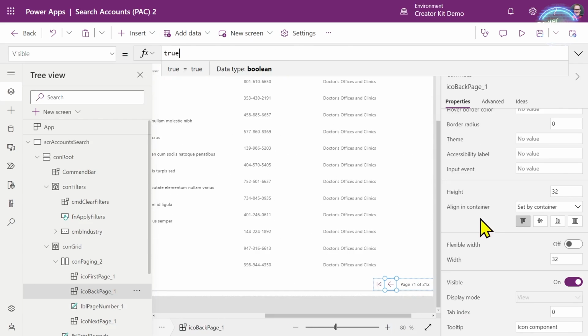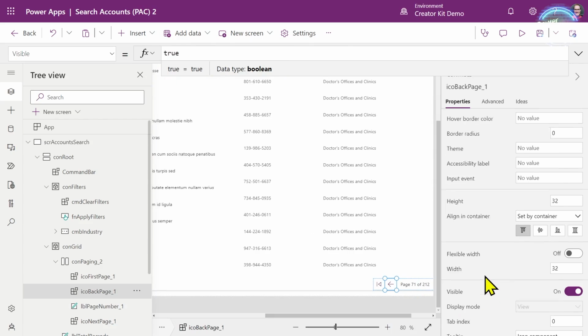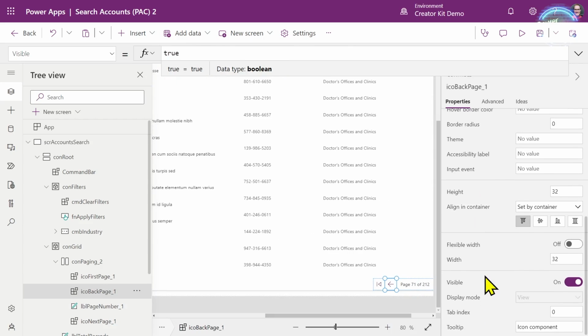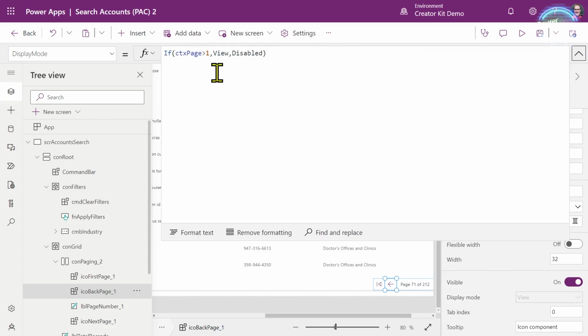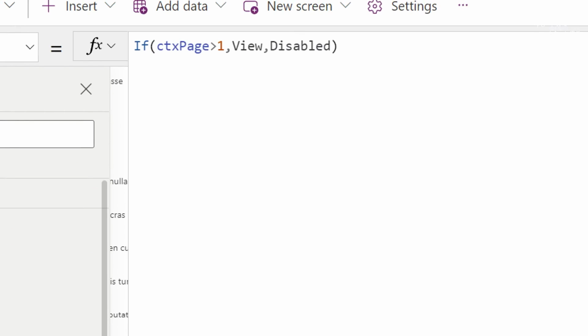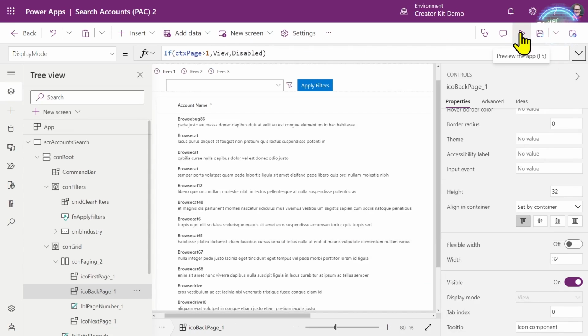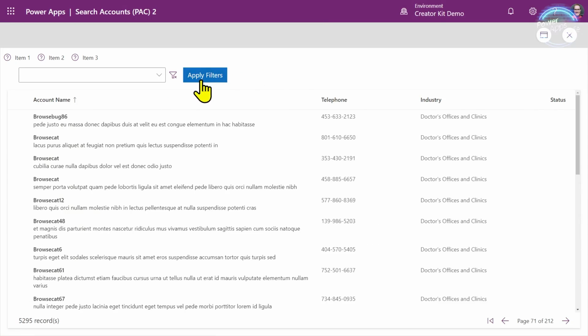And also we're replacing the display mode rules, if we can see here, based not on the properties has next page, has previous page. We are using the variable that we are maintaining based on our count rows and the current page that we're on. So now when we run this, let's go and just apply filters here.